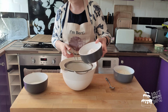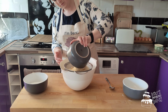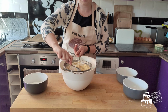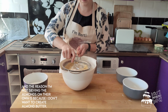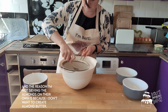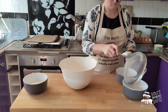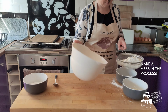So to begin macarons you need to sieve some icing sugar and ground almonds into a bowl, and this is to get all the unnecessary nonsense out of the ground almonds. It's easier to do with a spoon so that the icing sugar doesn't go everywhere and the almonds don't go everywhere, quite frankly. Just scrape that in and then you'll find you get some hard bits at the end, so just put that into a bowl to one side